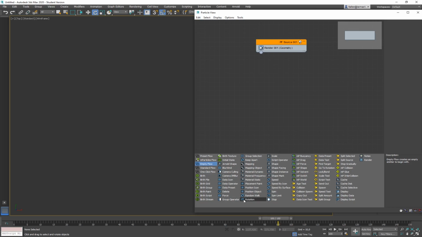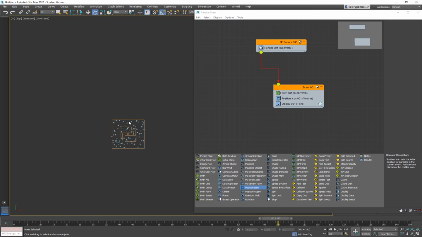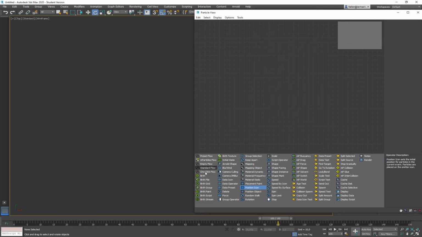Remember, we had a birth event, then we had the icon, and so on. So we could also do all these things by hand and then link it together and hopefully get the same event.